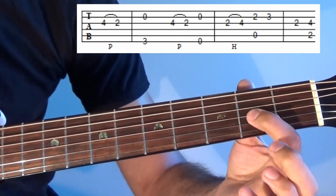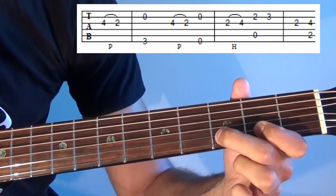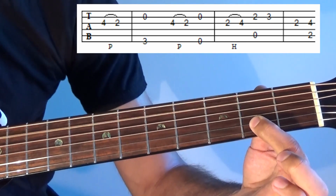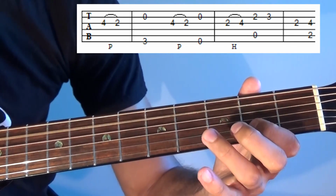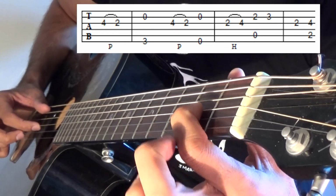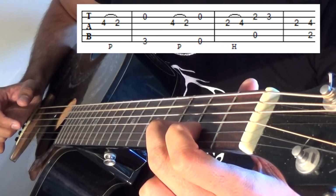And now we're going to go 2, 4 hammer on the G. And then 2, 3 on B. When we hit that 2nd fret on B, it's with an open A string. So we have that hammer on, 2 to 4 on G, then 2nd fret of B with that open A string, 3rd fret of B,